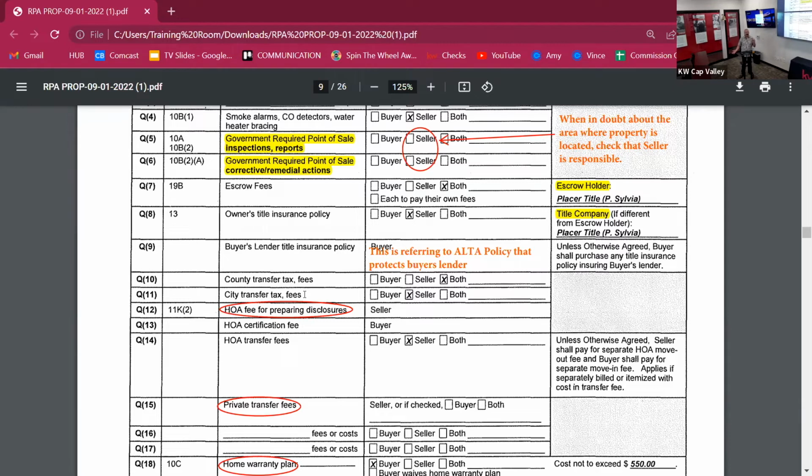$1.10 per thousand. So just take whatever the purchase price is, multiply by $1.10. That's what transfer tax is. I put in here